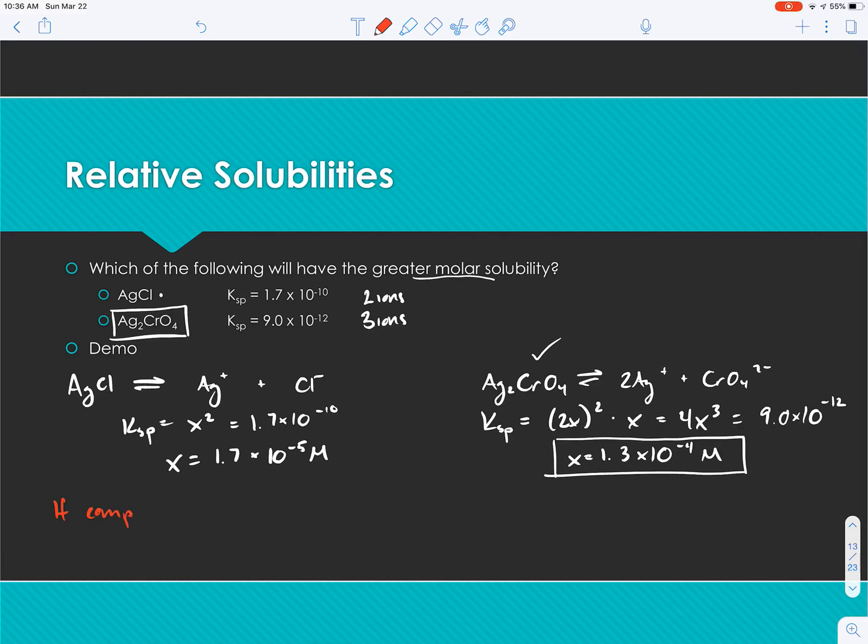So if you're going to summarize that trend, we would say if the compounds break into the same number of ions, we can compare KSP